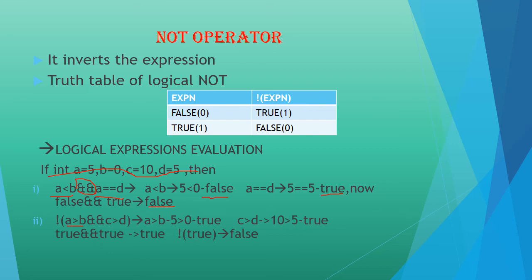Both the cases are true here. So what is the middle operation? It's AND. What is 1 into 1? It's true or 1. But we have another operator here. What is it? Not. Not of true. We are getting the answer as false. So this is the way we got the second answer also.